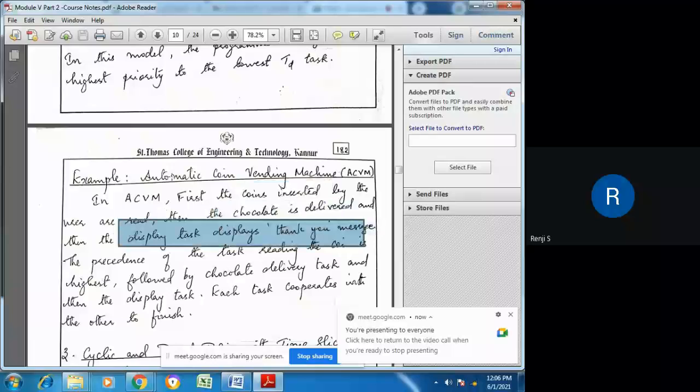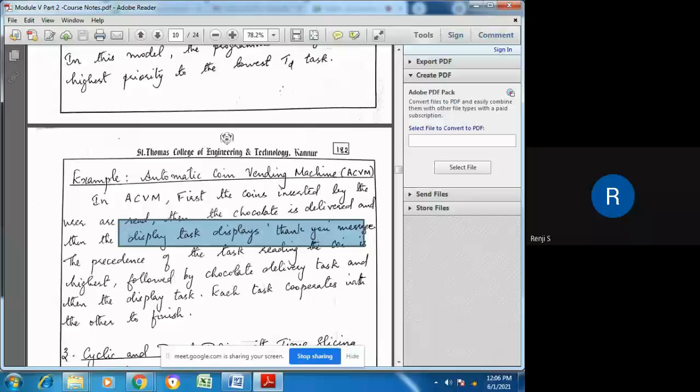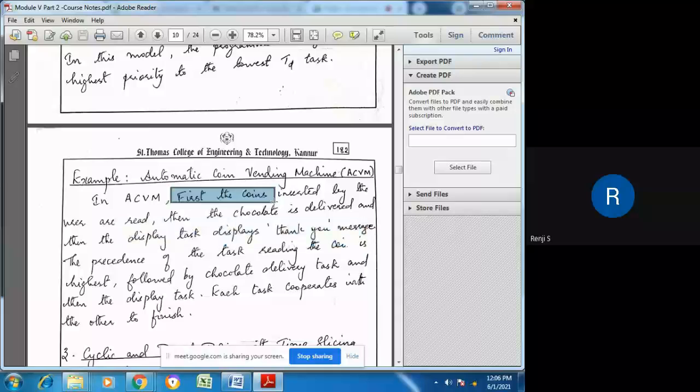As soon as you go to this machine or start operating this machine, some message will be running throughout. Okay, whether it is thank you or visit again, some message will be running throughout. And now, as soon as you insert the coin, that task will return. So whenever the coin is inserted, the task that is currently running will be returned, and so this one has the highest priority.